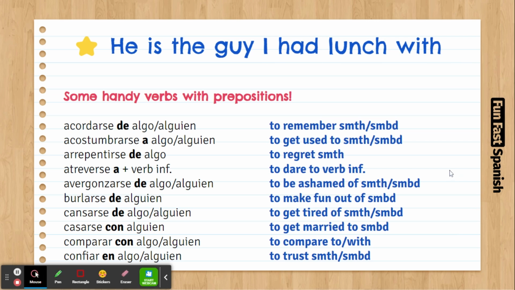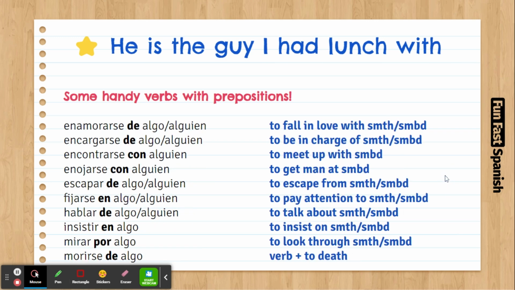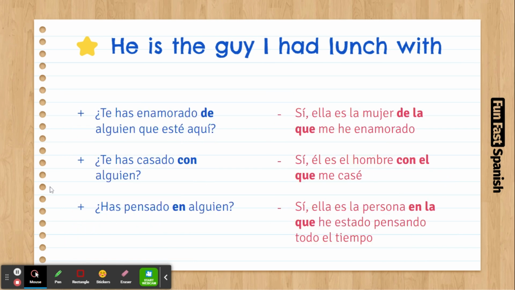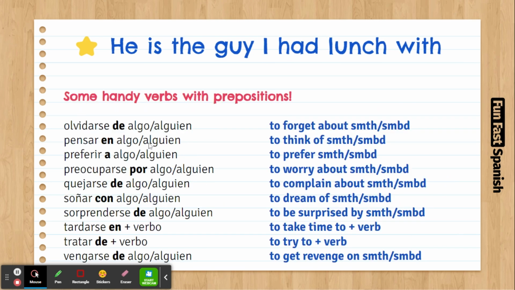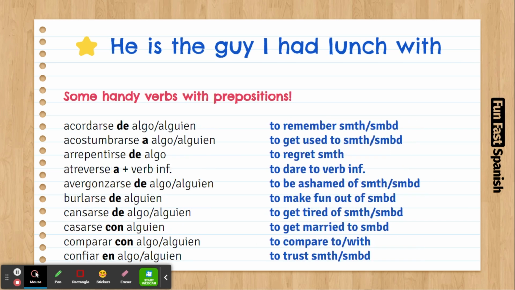We have several verbs: 1, 2, 3, 4, 5, 1, 2, 3, 4, 5. We have 10 here. We have 10 here. That will be 20, 30, 40. We have 40 different verbs, and very important verbs, because it's to remember, to get used, to regret, to dare,